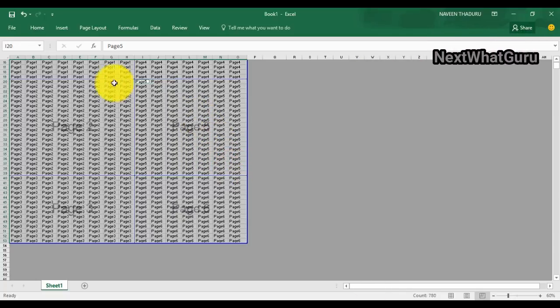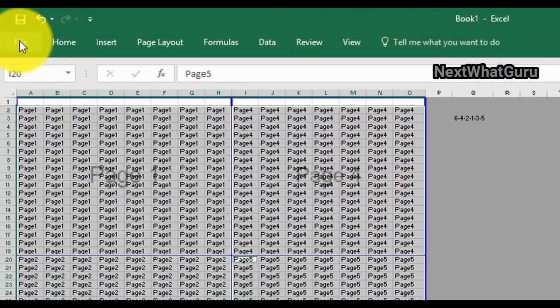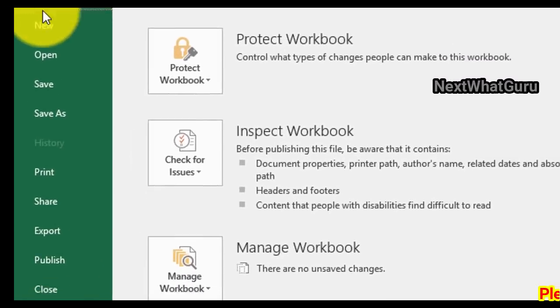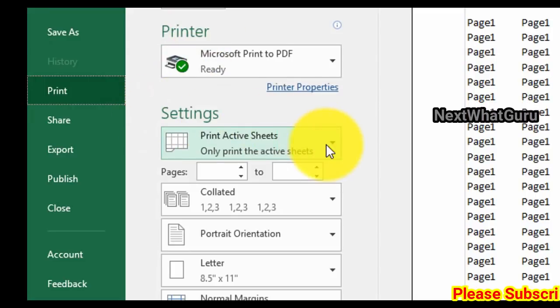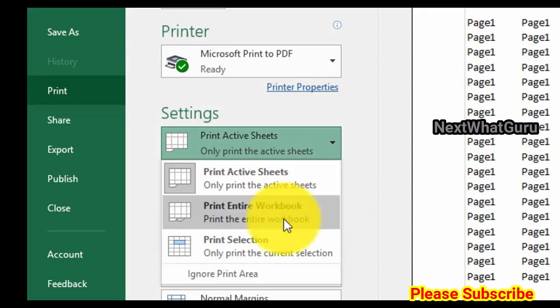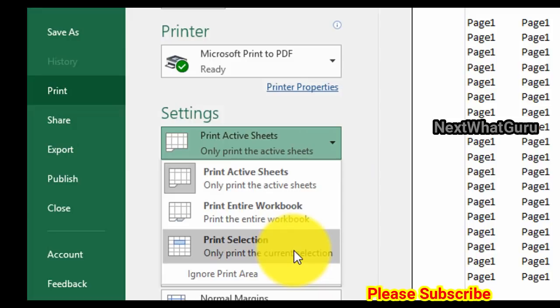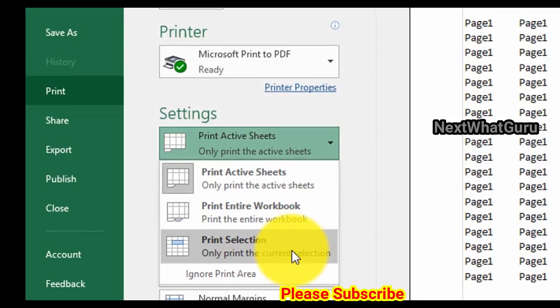Let's see the magic. Go to File, click on Print. You have to go to Settings. Under Settings you need to select Print Selection, so it will print the way we made the selection.